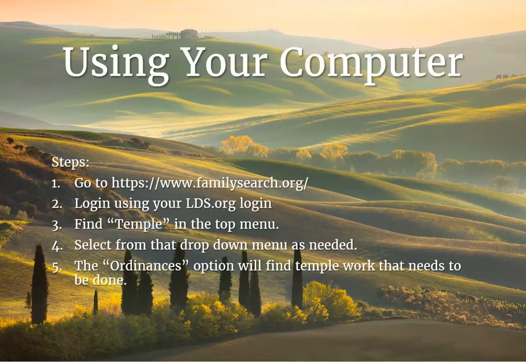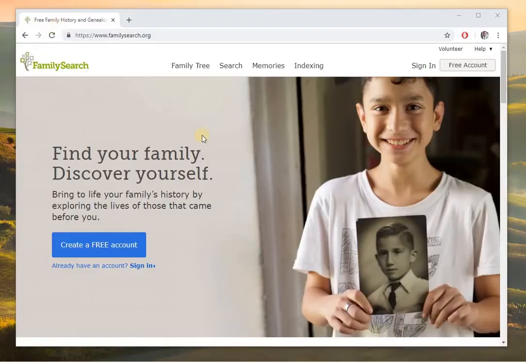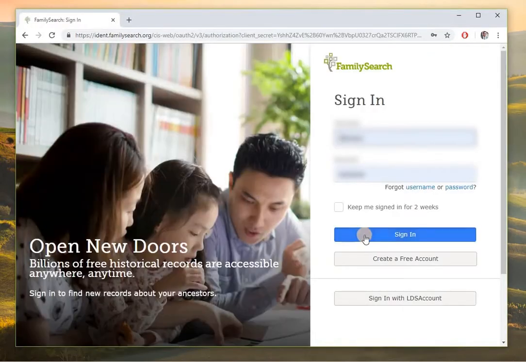Using your computer, here are the steps. If you want to pause the screen, you can jot these down, but I'm going to walk you through them as well right now. So the first thing you do is you open up your browser and you go to familysearch.org. Here it is, familysearch.org. The first thing you do is you sign in,